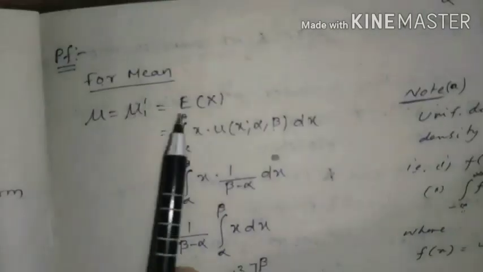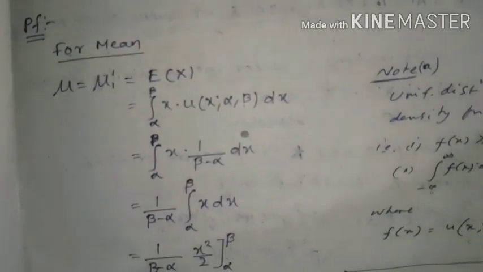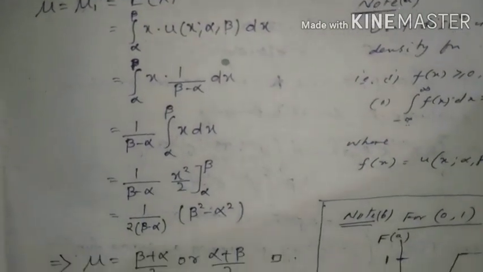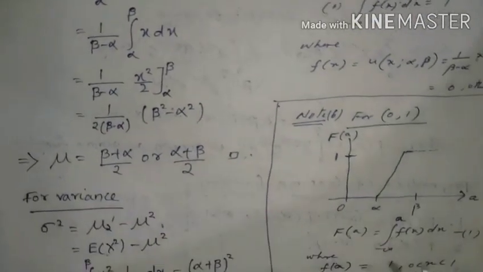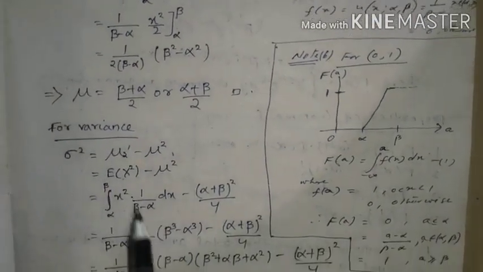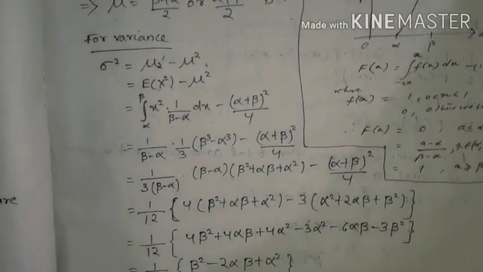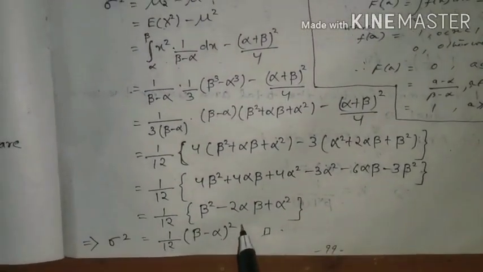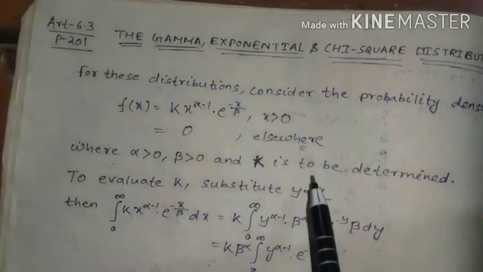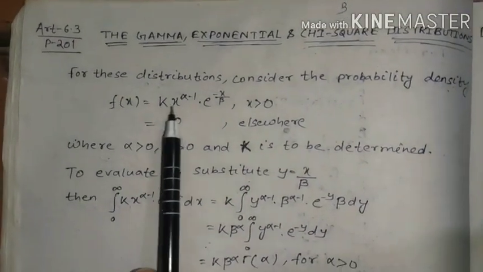That is mu1 dash, E of x; put the formula, and mu is equal to (alpha plus beta) by 2. In a similar way, for the variance, mu2 dash minus mu square, and after that 1 by 12 (beta minus alpha) whole square. Now the gamma distribution. The first one, f of x is k into x to the alpha minus 1